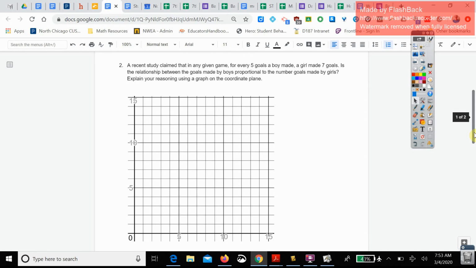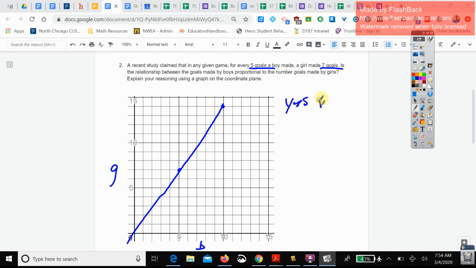So very convenient. They have a graph. So we need boys and girls. You can put them on either side, it doesn't matter. So boys, girls. So 5 goals for a boy is 7 goals for a girl. So 5, 7, and then if they do 10, then that would be 14. And I draw a line, and yes, proportional,